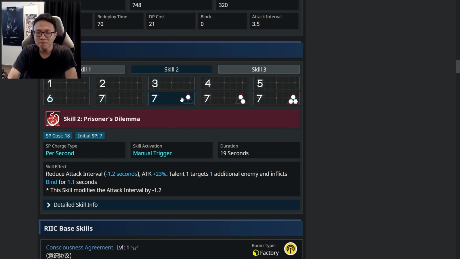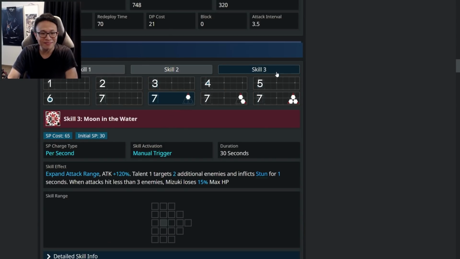Alright, so skill 2, pretty cool. Let's look at skill 3. Oh, there's an expand attack range skill. So skill 3 says Moon in the Water. 65 SP cost, initial SP is 30, and the duration is 30 seconds. So I suppose this is supposed to be a more monstrous killing skill. Expand attack range, attack plus 120%. That is very high. It means that his attack could go all the way up to say about